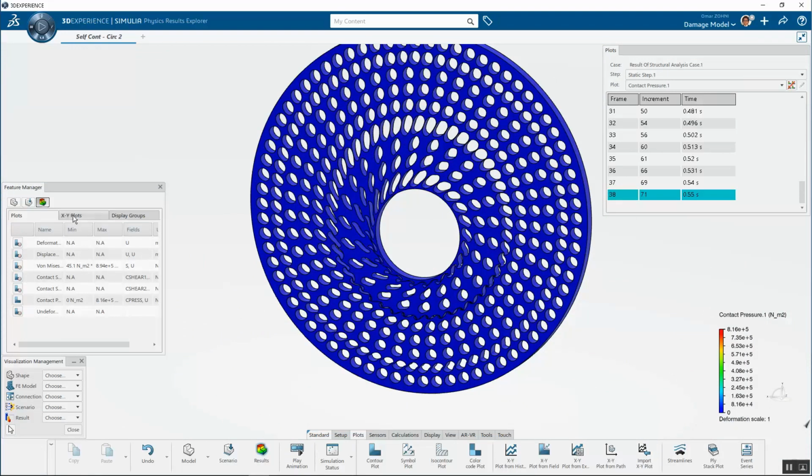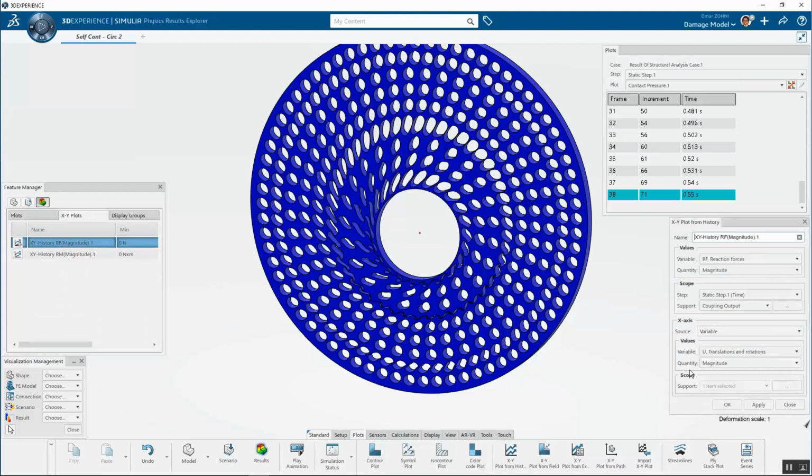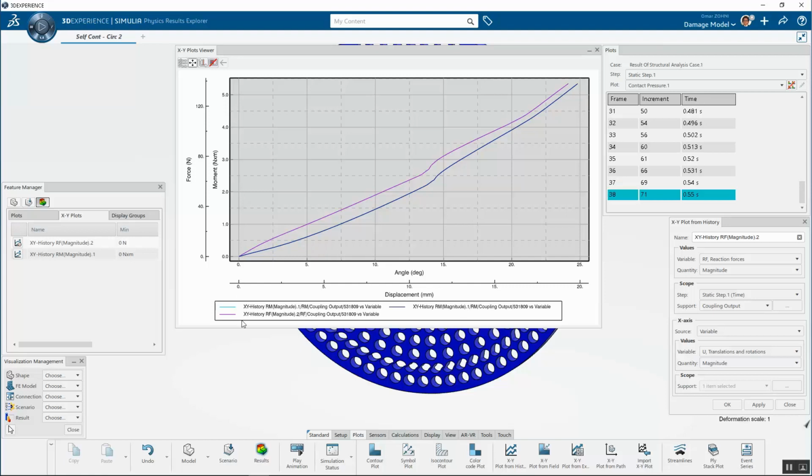And if we wanted to see, for instance, what the force or torques were that were required to achieve this level of displacement and rotation, we can take a look here. So this is showing us the forces and the moments, basically the force and torque. So the force and the moment required to achieve those values. This is showing them both at the same time, but you can see they're both kind of following the same